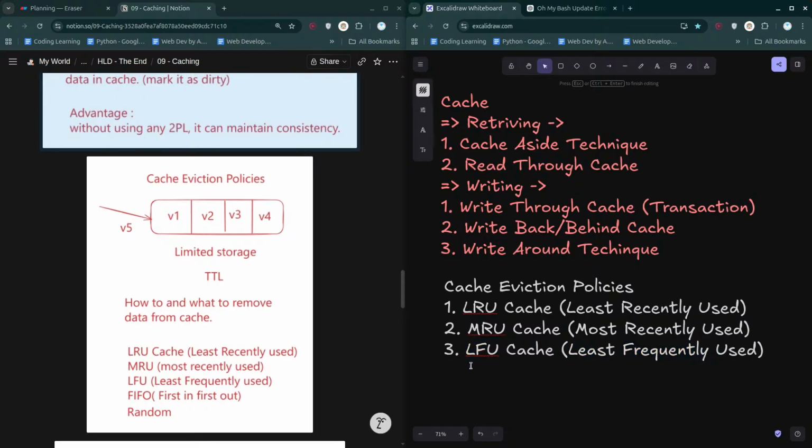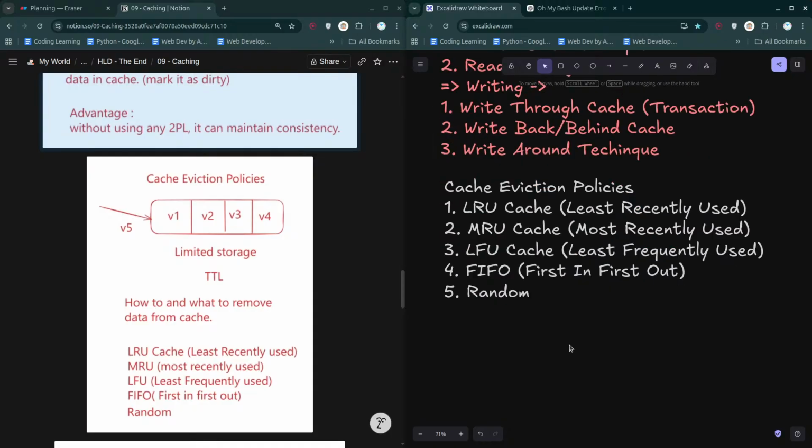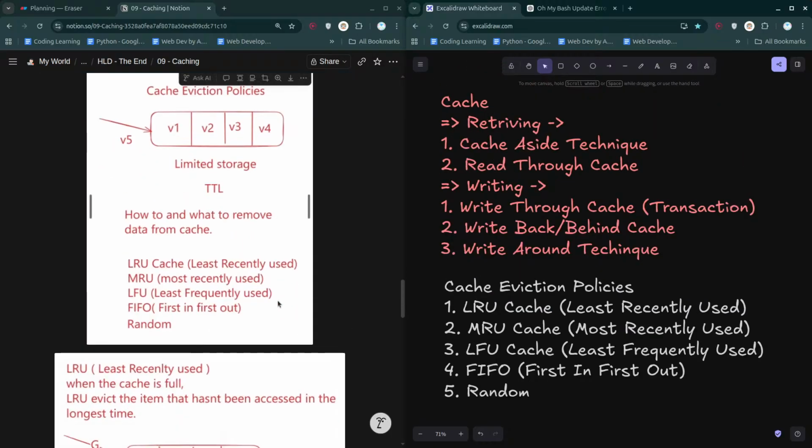So if data is not being used a lot, we are going to simply remove that. Lastly we have FIFO over here. That simply means first in first out. Whatever data we got first, we are going to remove that first. And lastly we have random, in the sense the data may be removed randomly as well. This is also one of the things that you can do.